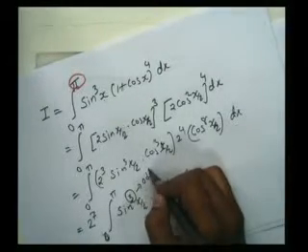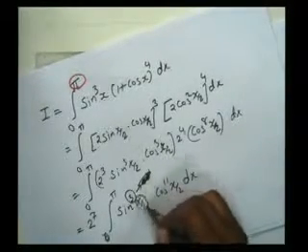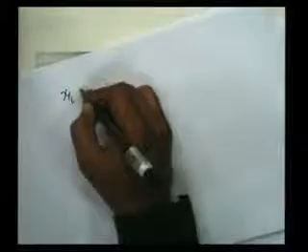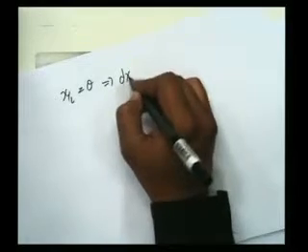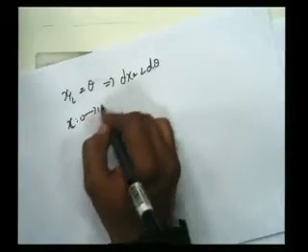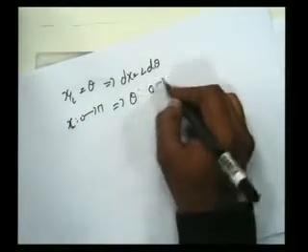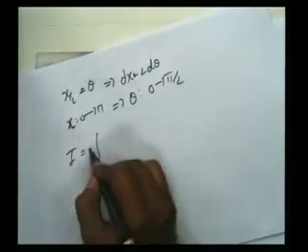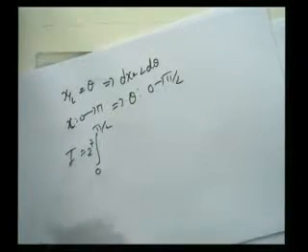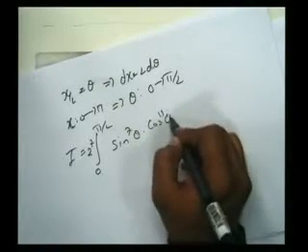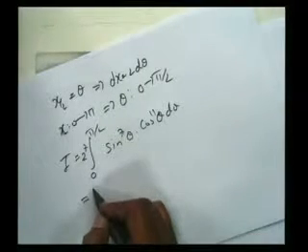this is odd. Okay, here x by 2 we assume as theta, then we get x by 2 equal to theta and dx equal to 2 d theta. The limit of x is 0 to pi. This implies the limit of theta is 0 to pi by 2. That's why I equal to 2 raised to 7, 0 to pi by 2, sin raised to 3 theta into cos raised to 11 theta d theta.